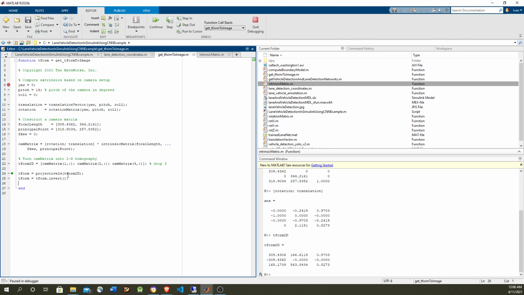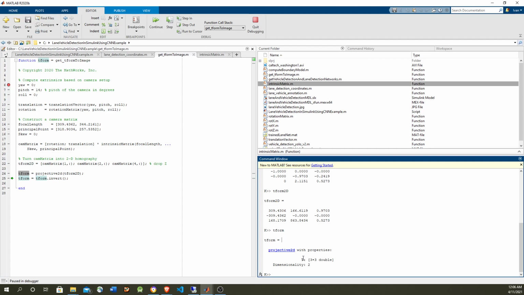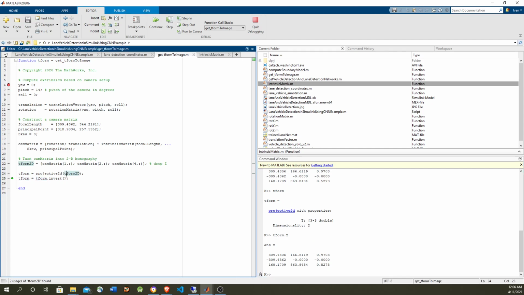And now basically we get a projective matrix, but this is just wrapping the transform matrix into a structure, and you're gonna see why. Because this is just a couple of fields where T is the same matrix that we have above, and you can see that it is the same. And yeah, so now we're gonna invert the matrix,